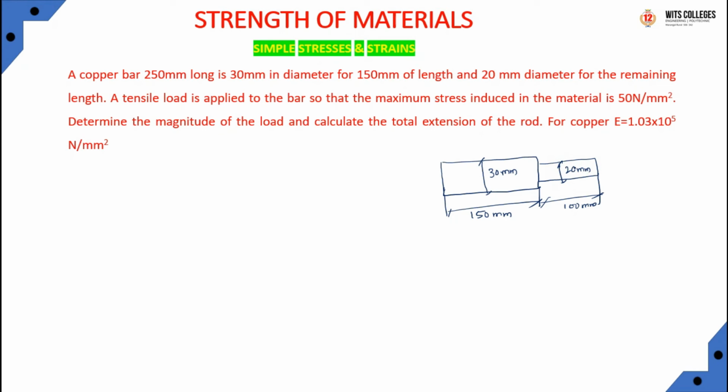Okay, so the applied load is P. We have to find the tensile load. Okay, the tensile load is P, and the value is not given; we have to find out the value of P. The magnitude of the load is nothing but P, we have to find out the load. Okay, and the given data is,